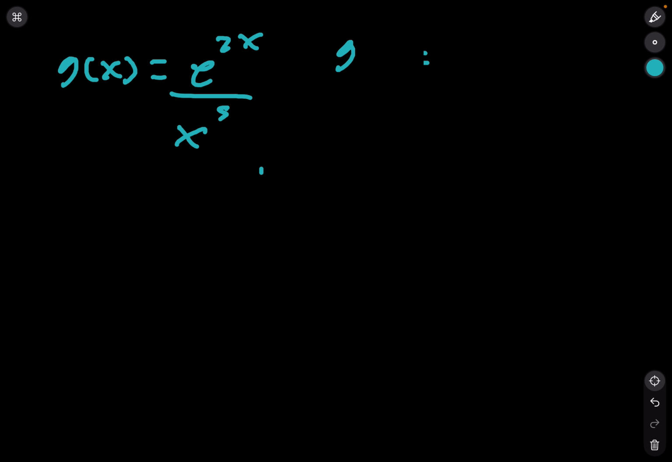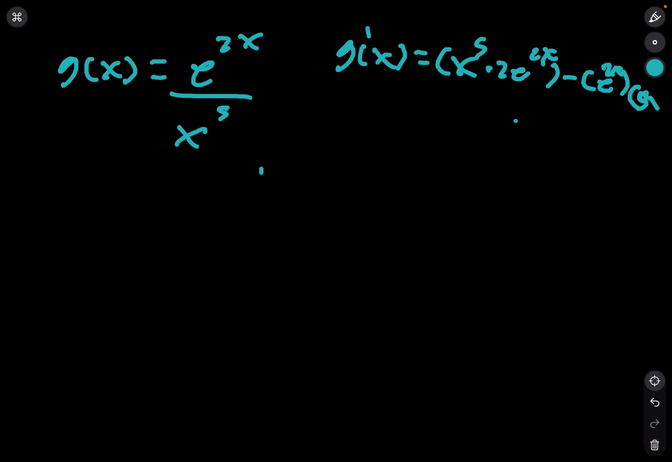You bring x to the 5th on top. So it'll be x to the 5th times the derivative of e to the 2x, which is 2e to the 2x, minus e to the 2x times the derivative of x to the 5th, which is just 5x to the 4th, all over x to the 5th. And this is a 5x to the 4th, in case you can't see. Reason why I'm saving so much space is because now